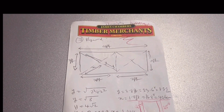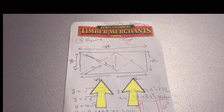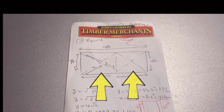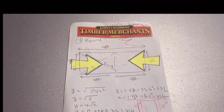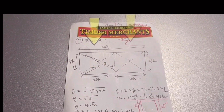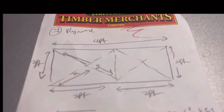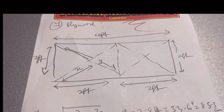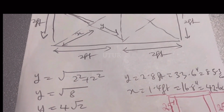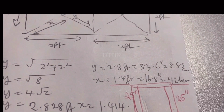So here I will be using a circular saw to split a 4 feet by 2 feet hardwood plywood into 8 sections. And that is because a build of 4 bass traps requires 8 diagonally cut hardwood plywood, as you can see here. Y is the hypotenuse, which is about 2.828 feet. And if you split that into 2, you get the width or depth spread, which is X, and that equals